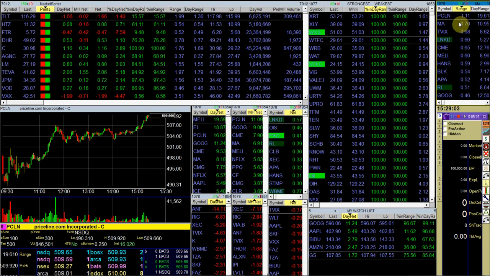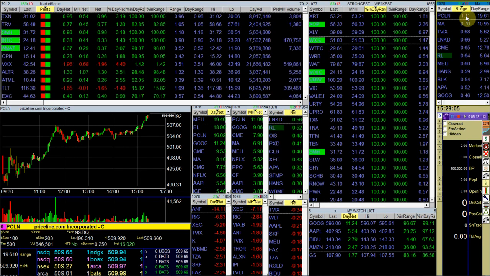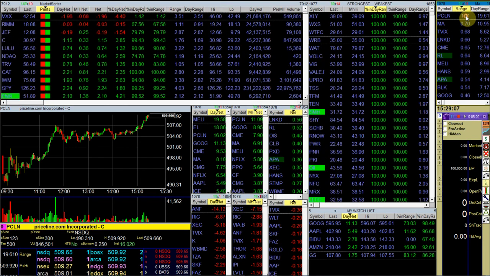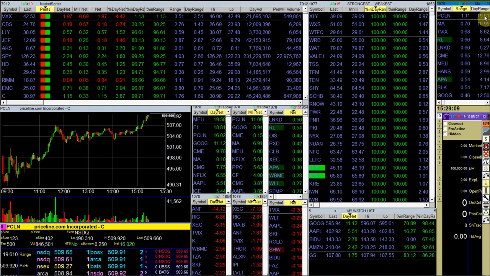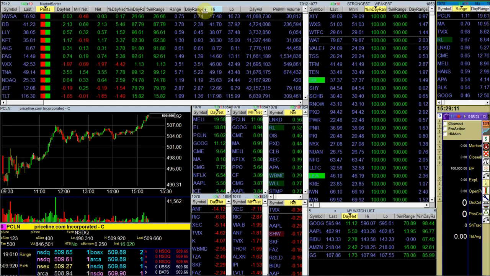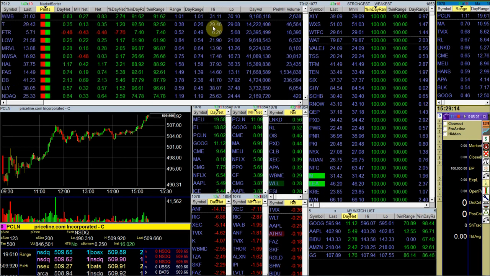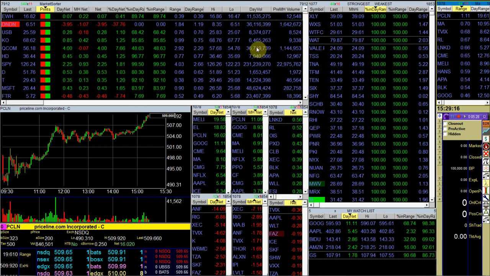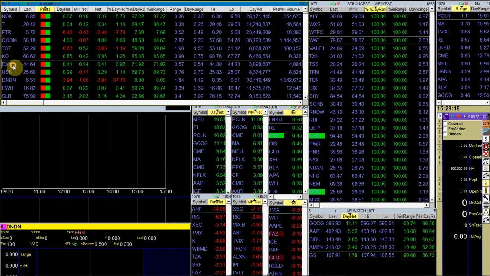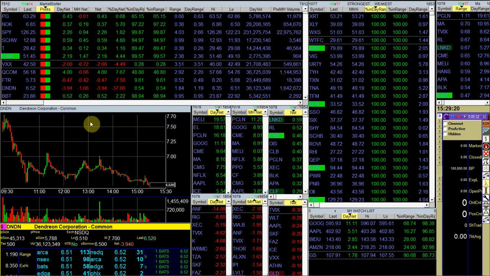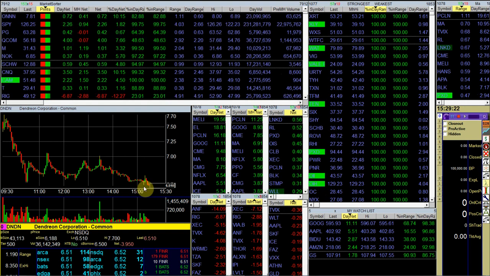And we could see that in the last 5 minutes, Priceline has had the biggest range, and it's moved $1. And here to the right of it, we have the total day range. Up next are the highs of the day and the lows of the day and today's volume. And we see DNDN has just been flashing in red, and you can see that it is making new lows